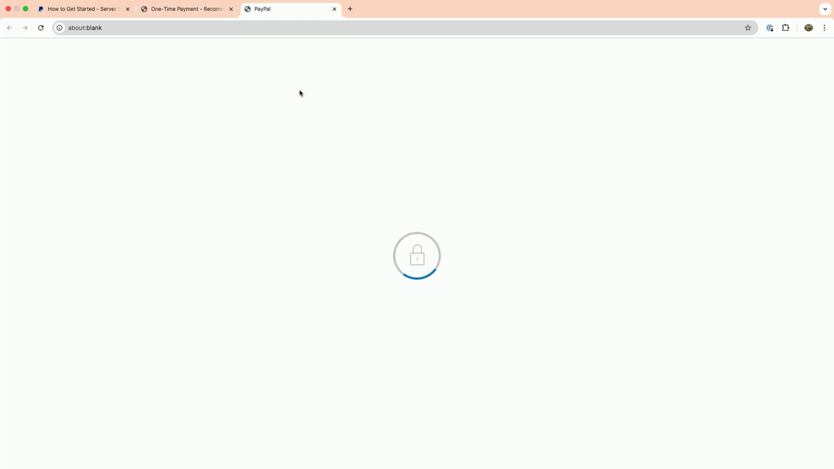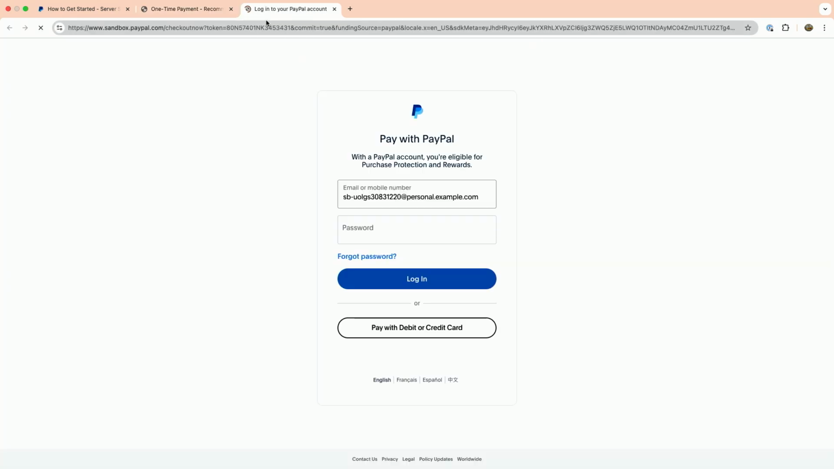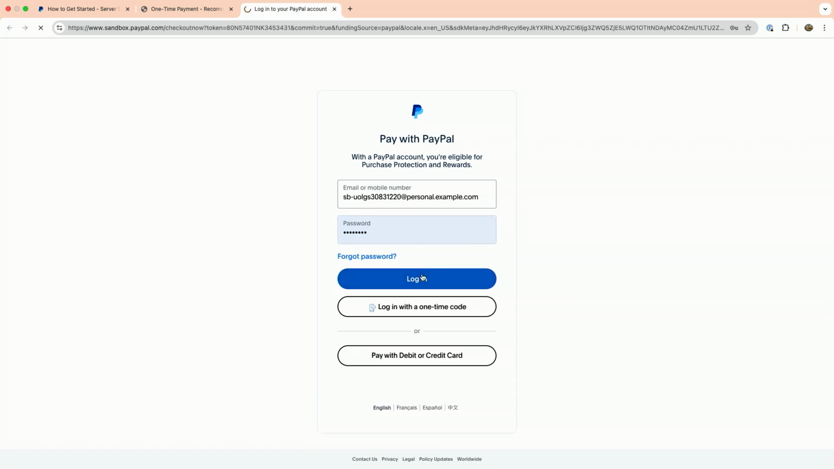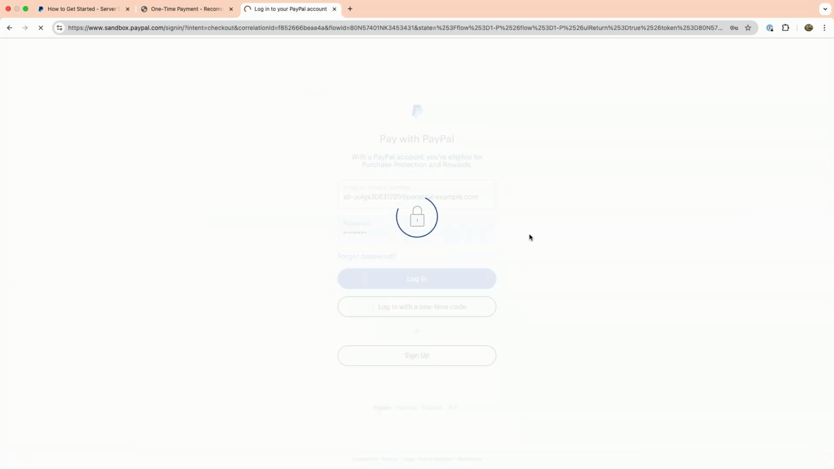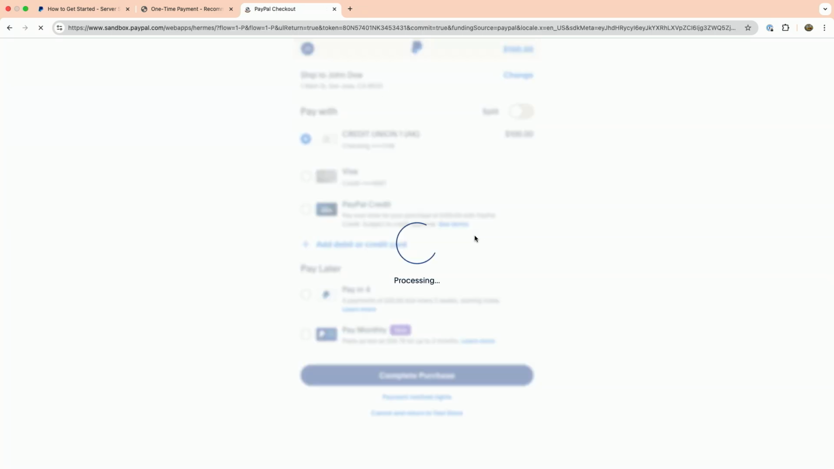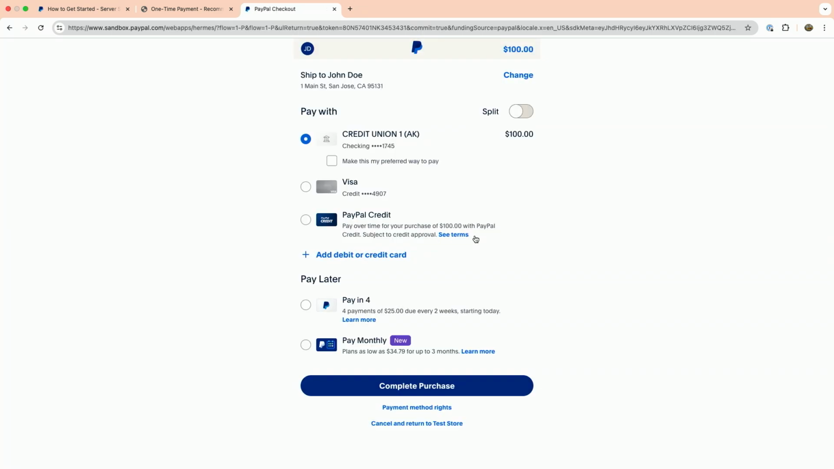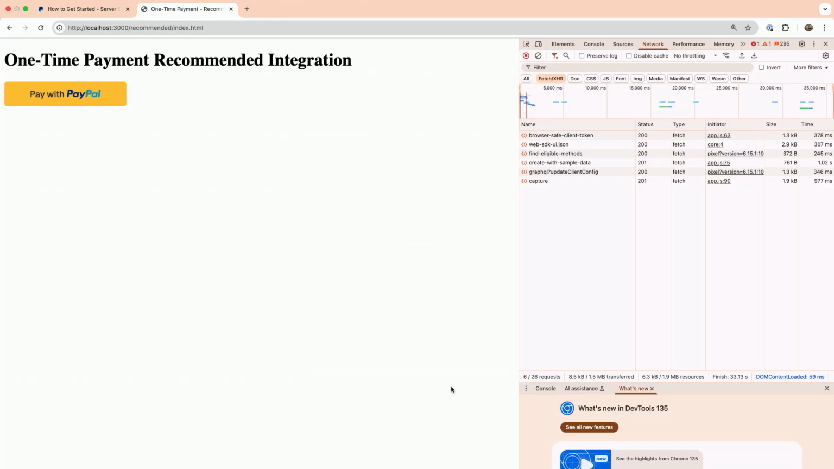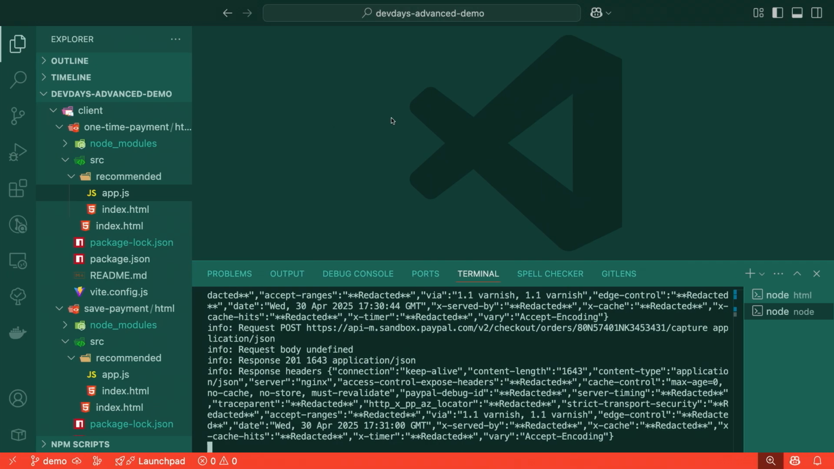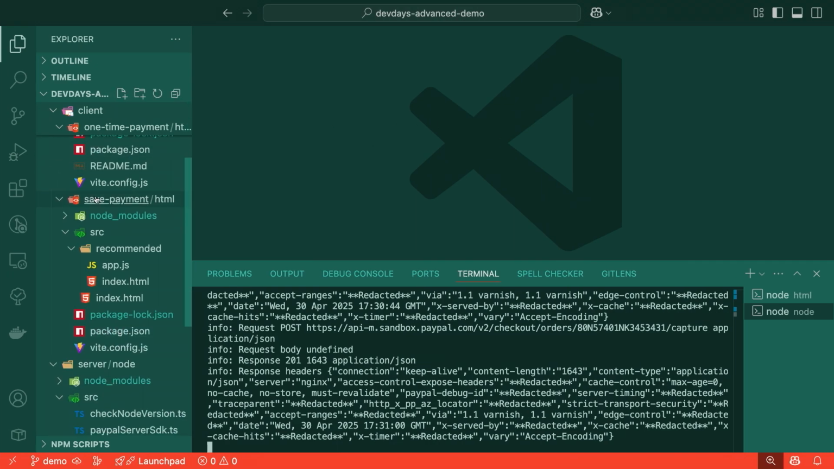We can go through the flow the same way. And this is just a fun test user. So we have created the order, we've captured it. That's the flow that we're all used to. But the difference is that under the hood,